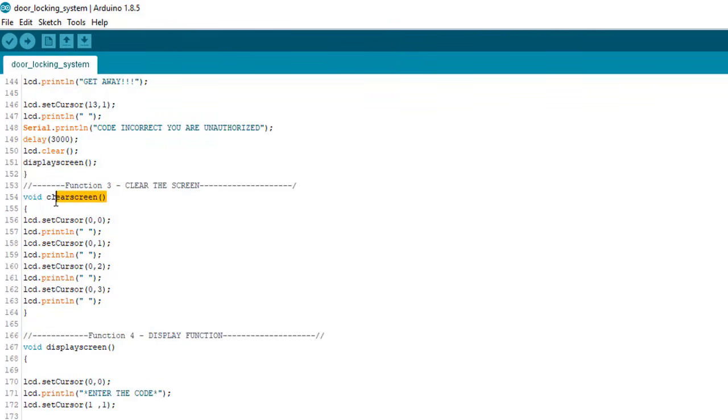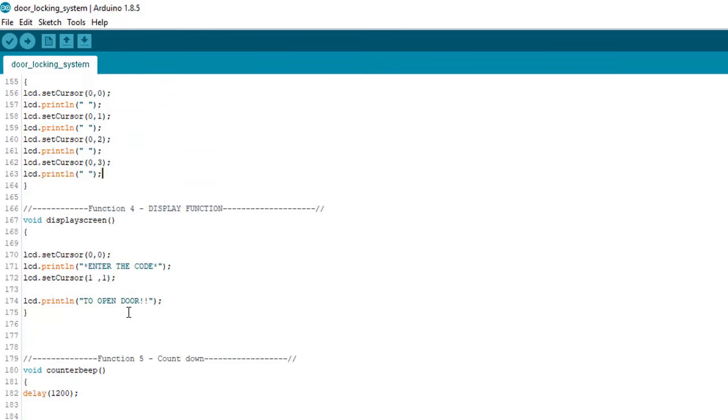Clear screen is for clearing the data we had typed on the LCD display, and the next one is to display the default message I was explaining before. So this is our default message. Every time you start your device, it will display enter the code, and on the next line, to open the door.